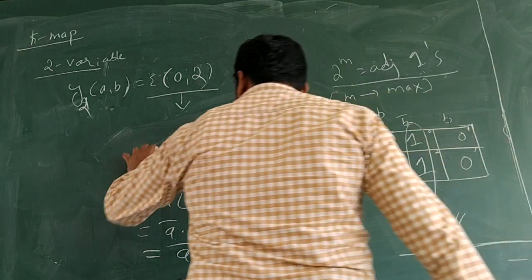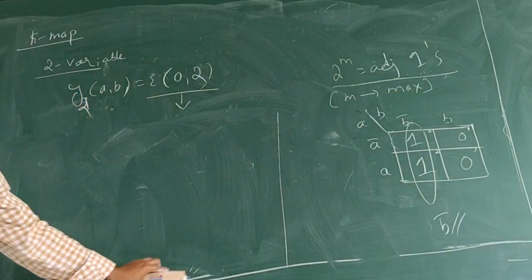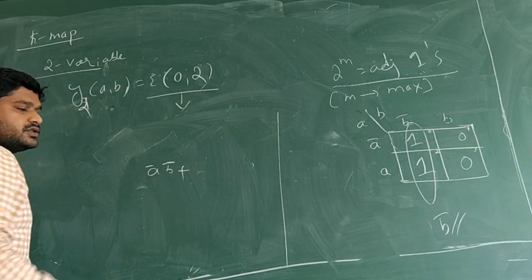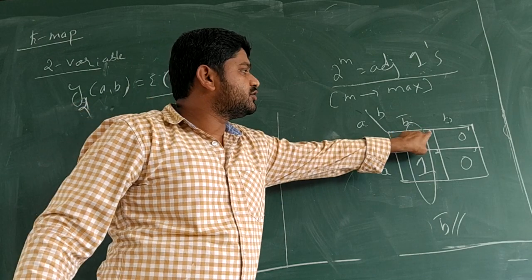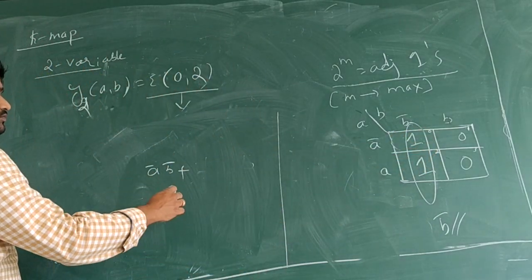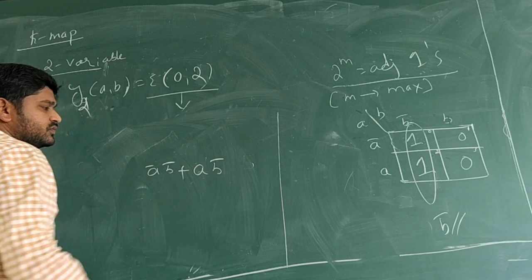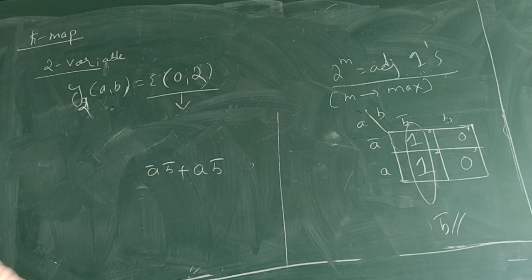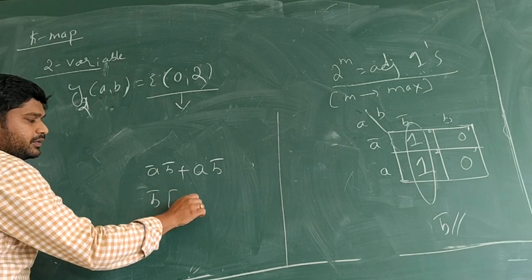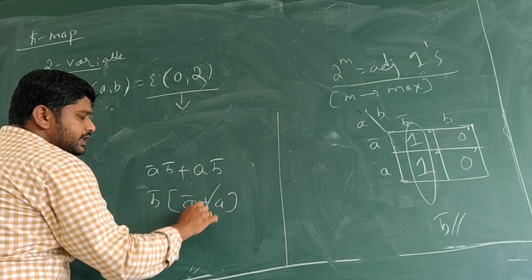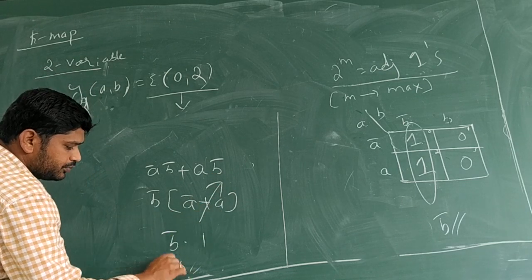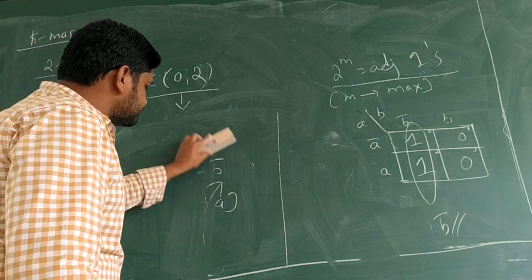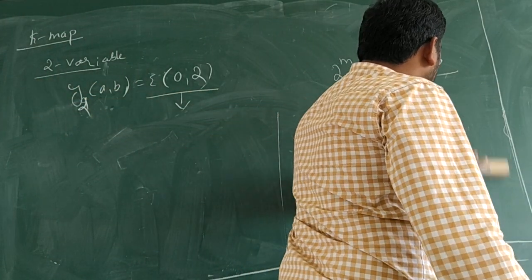Let's check whether it holds correct by Boolean rules or not. What is the format of this? A complement, B complement, because it is the 0th cell. What is the second cell? A into B complement. Just refer to the previous table. A into B complement. B complement is common. A complement plus A, 1 into B complement, hence it is B complement. See the problem. Okay. So now let's go for one more problem.